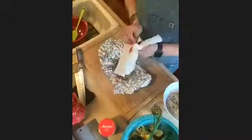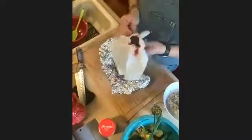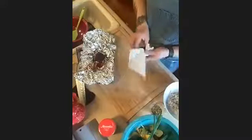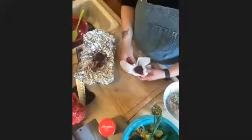And as you can see, they've opened up a little bit. I didn't peel it before I roasted it because once you have it roasted, the skin just wipes off. And it's a lot easier and less messy to handle once it's roasted. These are still just a little bit hard, but you can see that the skin is coming off easy. That's all you have to do, is wipe it and it comes off that way. I am going to take the skin off of these and cube them up just so that you can see how beautiful they are